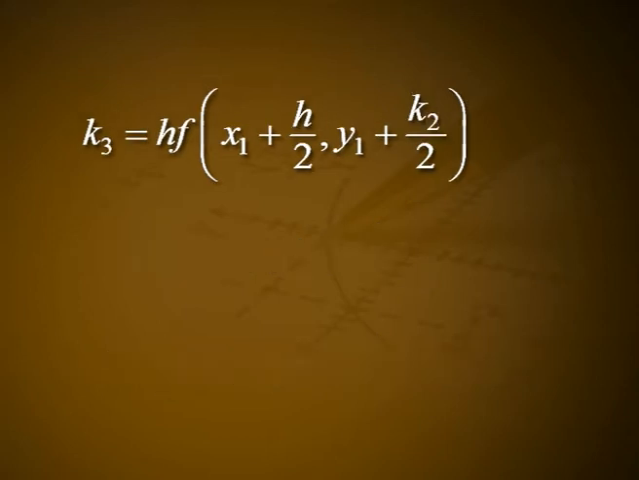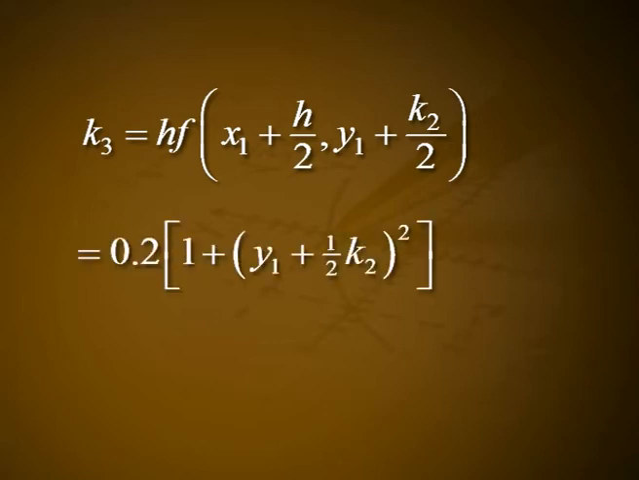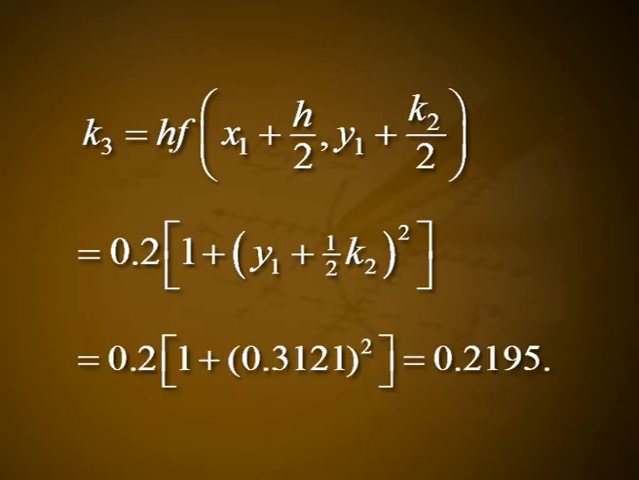0.2188. k3 equal to h into f of (x1 plus h by 2, y1 plus k2 by 2), that is equal to 0.2 into (1 plus (y1 plus 1 by 2 k2) the square), that is equal to 0.2 into (1 plus 0.3121 the square), that is